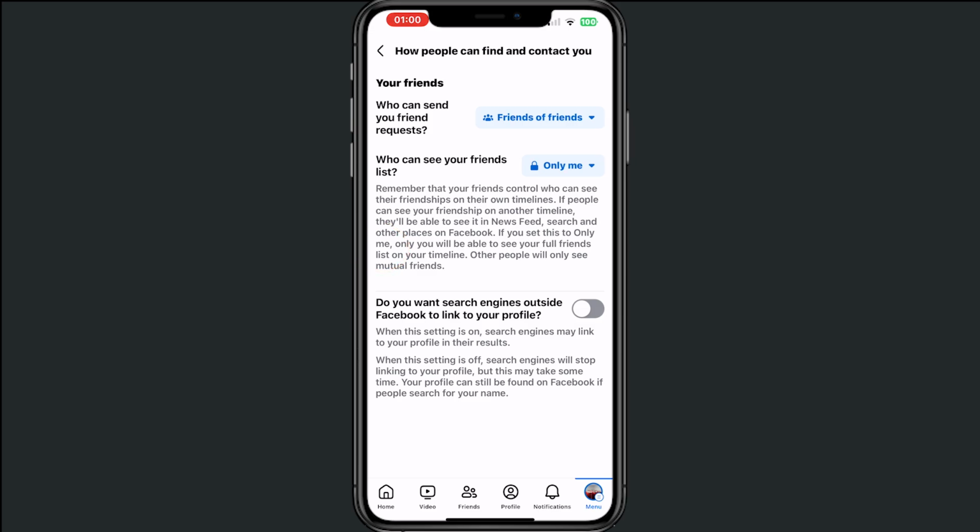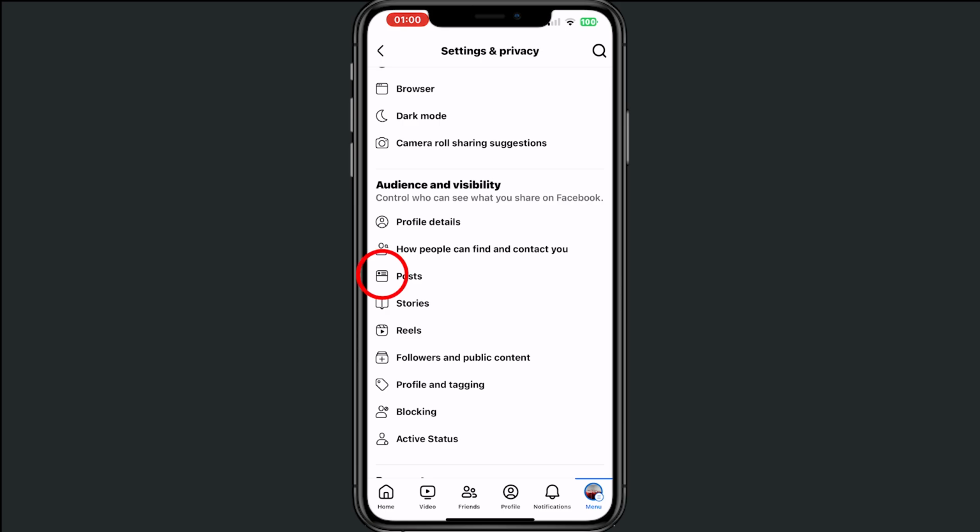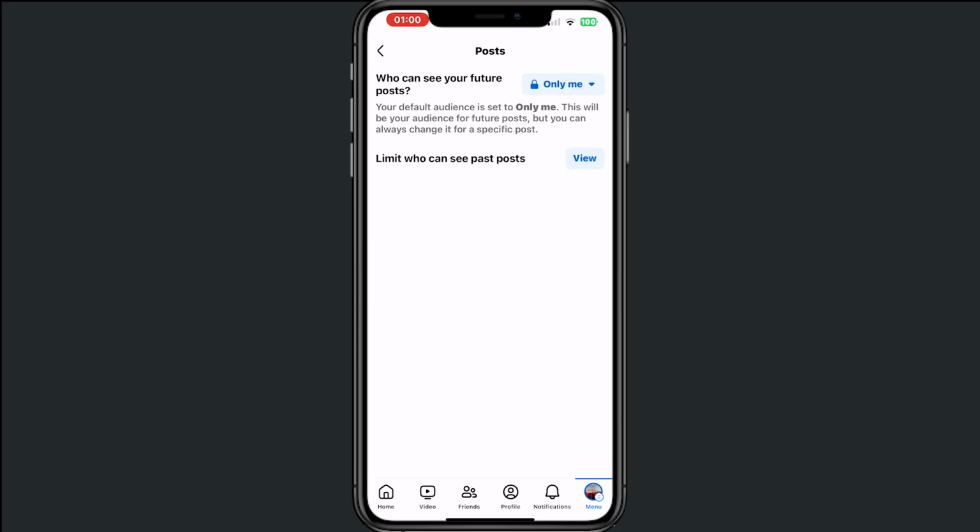From every single setting that I will show you, I prefer to choose only me, but when that is not possible, please do friends or friends of friends. So we have friends of friends just right here, and we have only me just right here, so this is awesome. Then go back, tap on post and make sure that who can see your future posts is on only